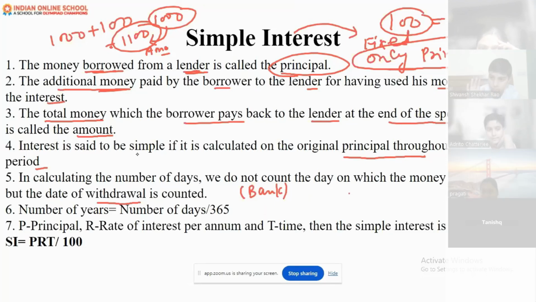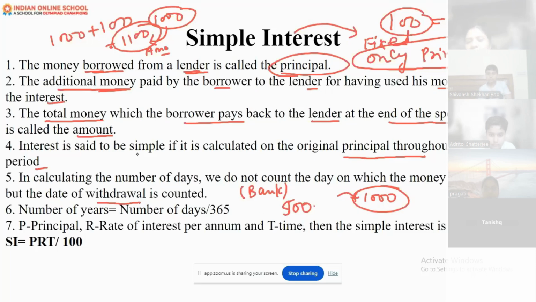Ma'am, deposit means to add some money in the bank account. Let's suppose you have some pocket money of 1,000 rupees, and you go to the bank and fix that amount in your bank. So you will say that I have deposited 1,000 rupees in my bank account. And let's suppose you need some money and you go to the bank and take out 100 rupees or 500 rupees. You will say you have withdrawn that money, because you have taken it out.